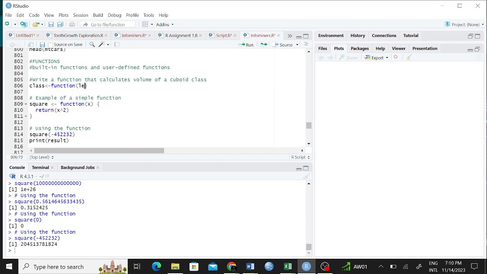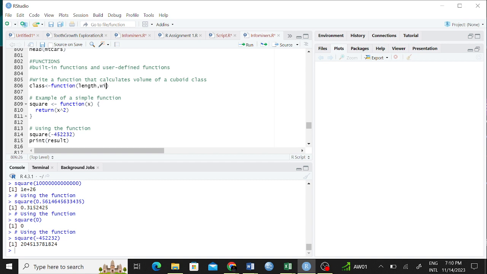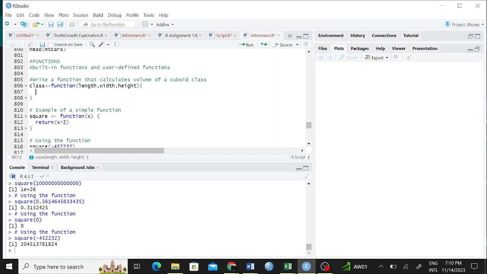So function length, width, height, right? And then what is it supposed to be returning for us?